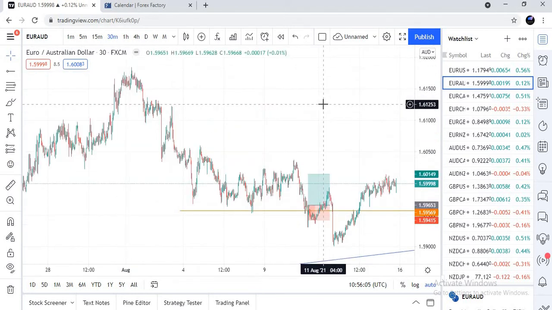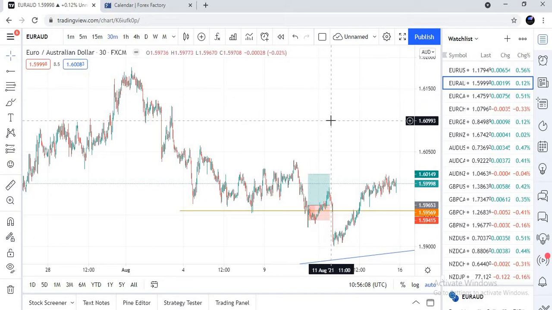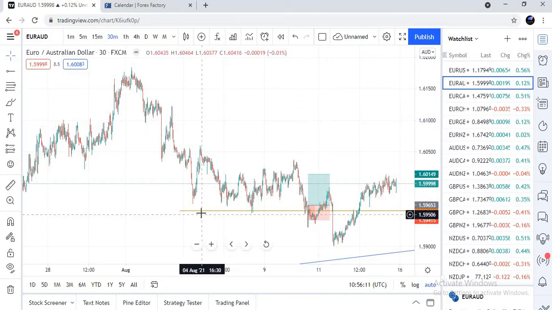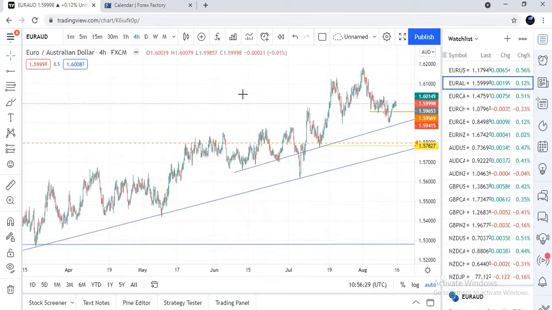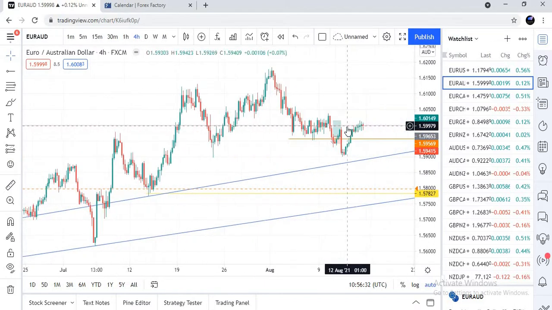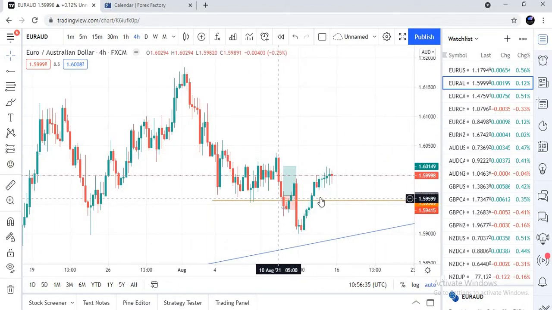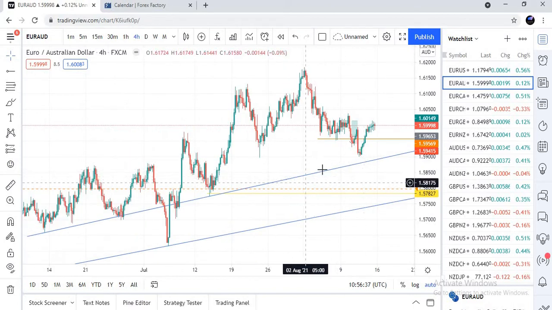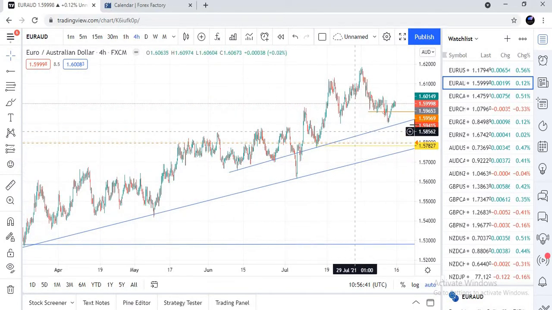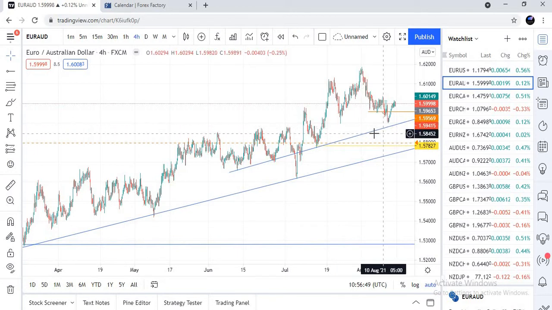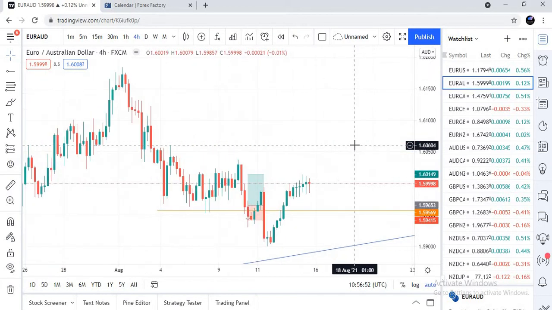So this is one of the things that can happen to you as a trader to make you lose some trades. We use the 30 minutes time frame to predict this. Normally our way of trading is that we analyze on the 4-hour time frame and check entries on lower time frames. But since opportunities weren't really coming in the markets, we just decided to try something out, and this didn't work out well. As you can see, it's kind of respected this trend line, so you should just be patient. If you know you are going to be trading on key levels, you should be patient. I think patience is what makes people enjoy forex.